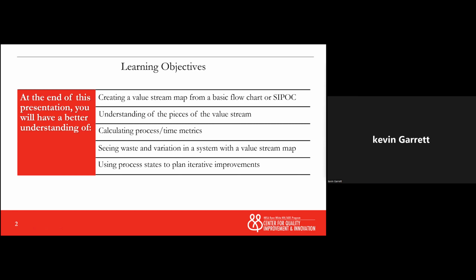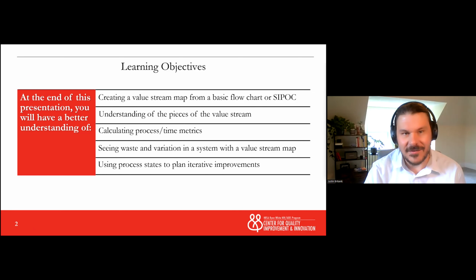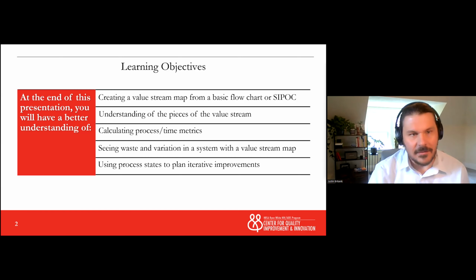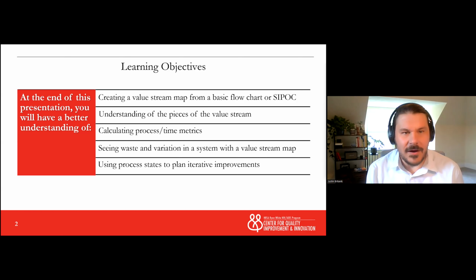By the end of this presentation, I hope that you have a better understanding of creating a value stream map from a basic flowchart that you might have for a project you're working on, or a SIPOC diagram, which we'll talk a little bit about today. I hope you're able to understand the pieces of the value stream map, some of the commonly used symbols. We're going to talk briefly about calculating process and time metrics and about the advantages that a value stream map gives us versus a traditional flowchart, which you might be more familiar with. I hope you have an understanding for seeing waste and variation in complex systems with a value stream map,